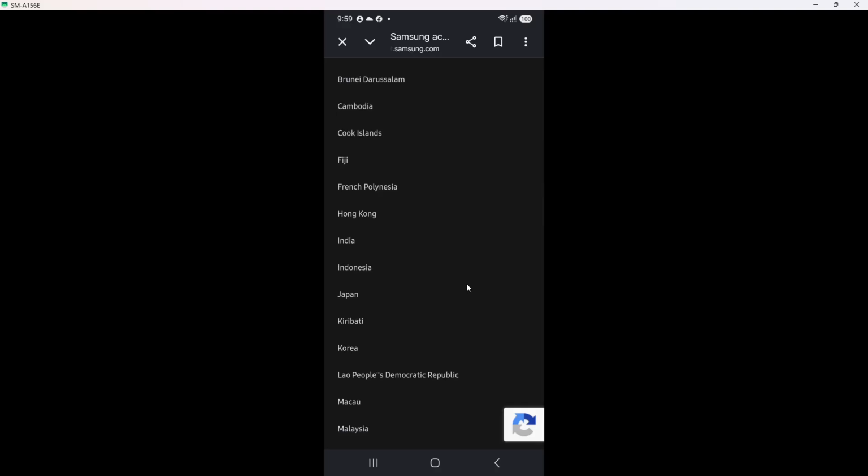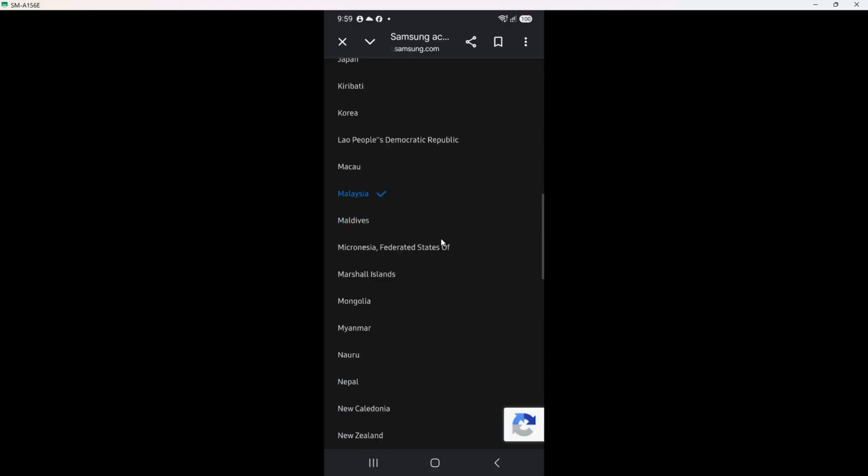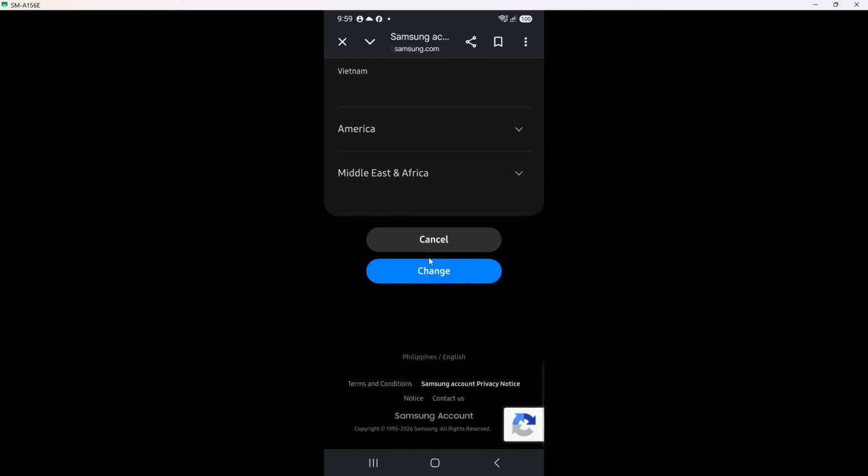You'll see a confirmation message pop up on your screen. This message is there to ensure that the change you're making is intentional and correct. After reading the confirmation message, you'll see a confirmation box that needs to be checked. Checking this box is your way of verifying that you understand the change you're about to make. It's a small step, but it ensures you're in agreement with the change. Once you've checked the box, click Change again.